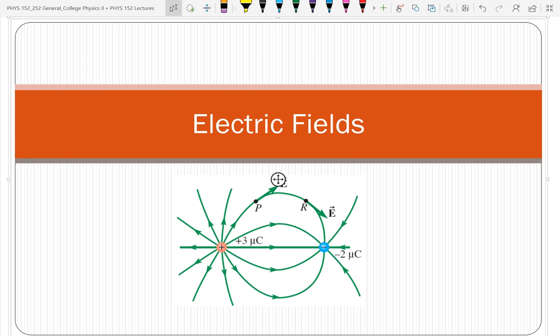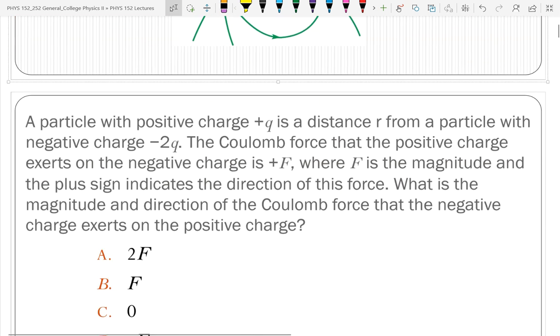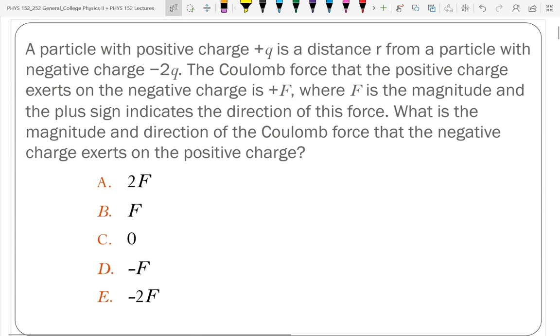So we are going to pick up where we left off on Wednesday. That is talking about the electric forces, and the topic of the day is electric fields. So we're going to learn about field theory. Yay! And we start with a review question, which